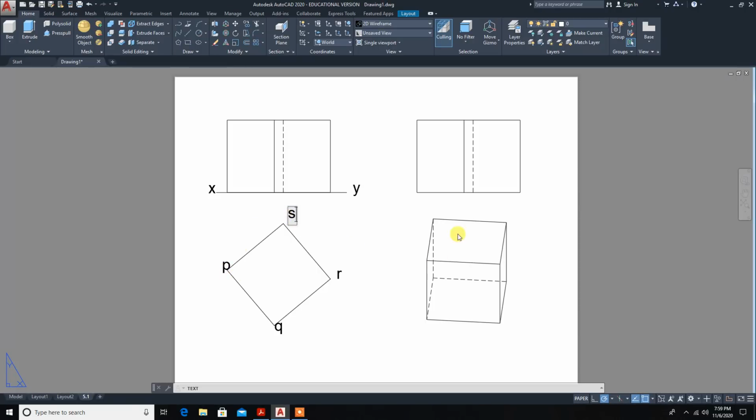Now this is the top face marking. Next the bottom face marking, again inside brackets because it is hidden: T, U, V and W inside brackets. Why are we marking inside brackets? Because it is hidden.